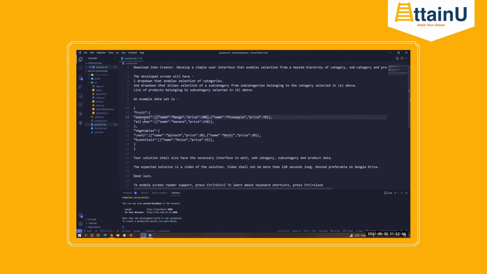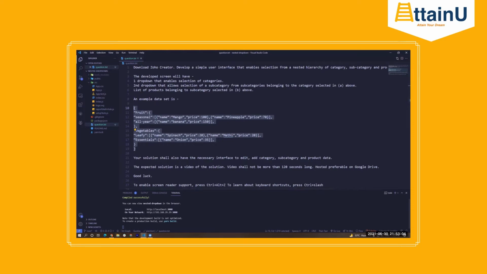But generally, what we'll first try to do is create a very simple UI. Styling and all we are not totally focused on. We just need some functionality there, right? So based on this data structure or this JavaScript object, we need to create a UI. That is what our goal is.